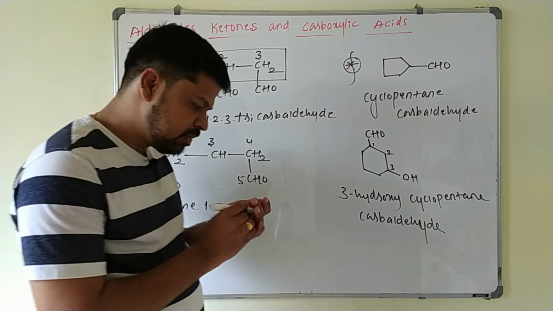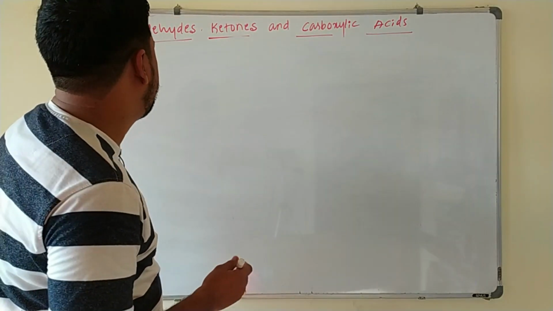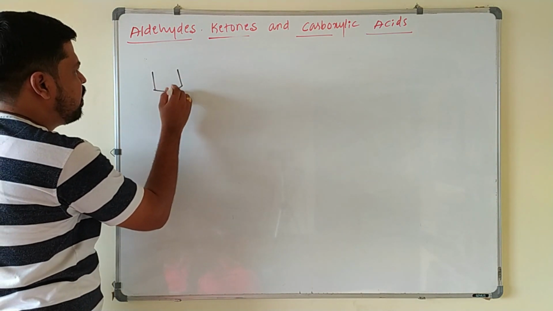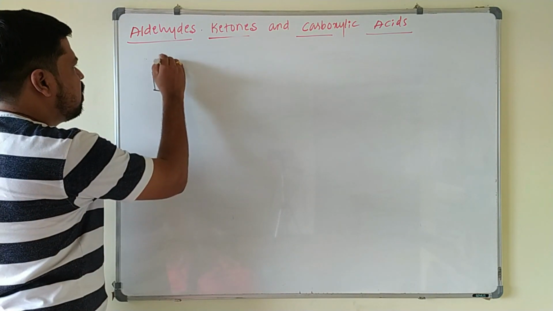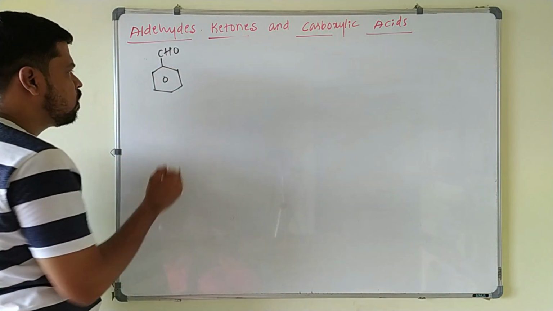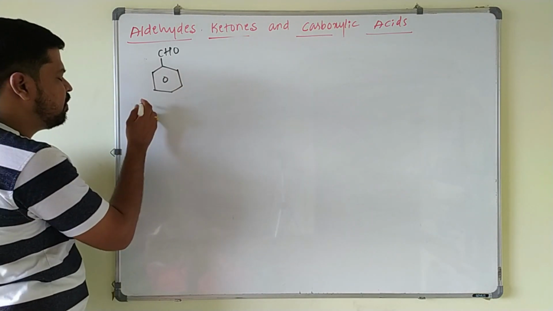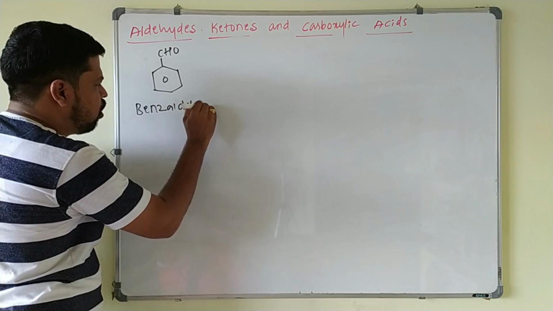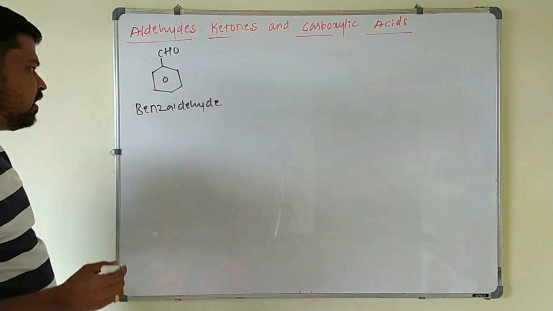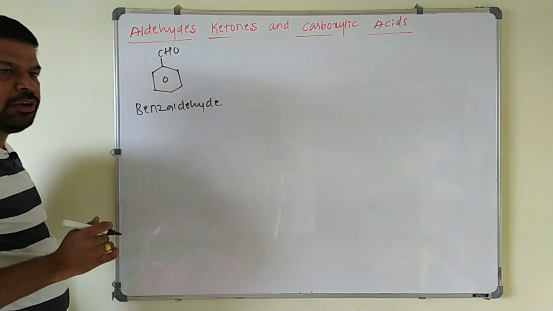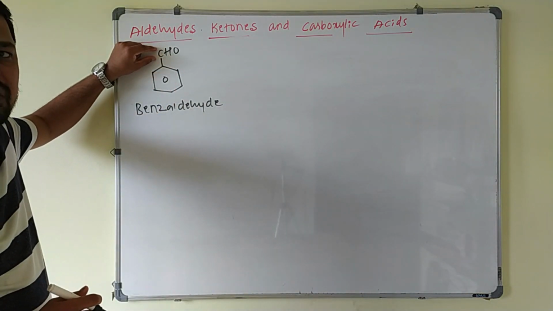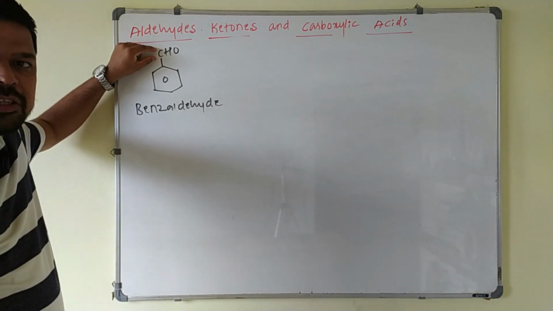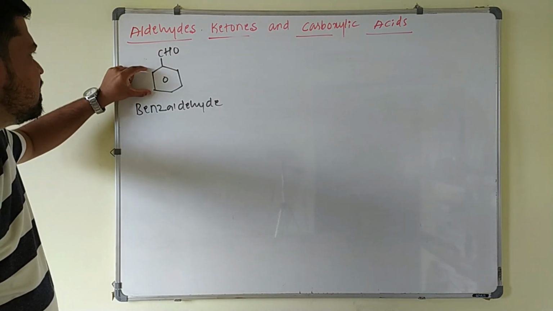The next examples. Now naming of aromatic aldehydes. The simplest aromatic aldehyde is whenever an aldehyde group is present on the benzene ring. This is a CHO. The common name as well as IUPAC name of this compound is benzaldehyde. This common name benzaldehyde is also accepted by the IUPAC. I told you, whenever an aldehyde group is directly attached to the benzene ring or any other cyclic ring, the suffix carbaldehyde must be used here. So it is also called benzene carbaldehyde.